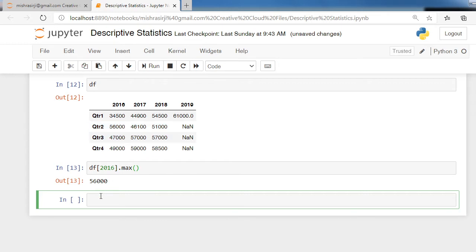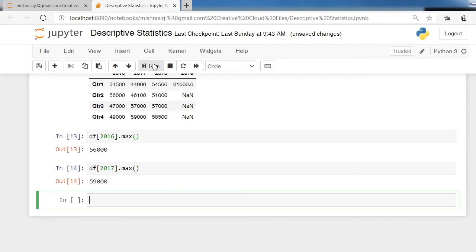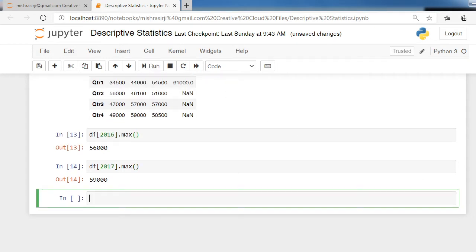The answer is correct. If you want to know the minimum value of column 2016, you have to write name of data frame, name of column, dot max. Run this command. Dot is missing, run this command and check the answer.